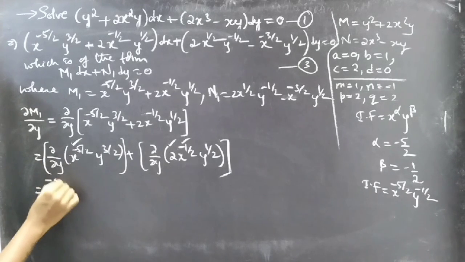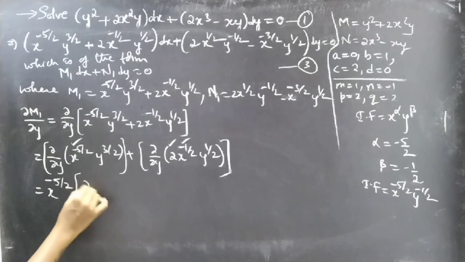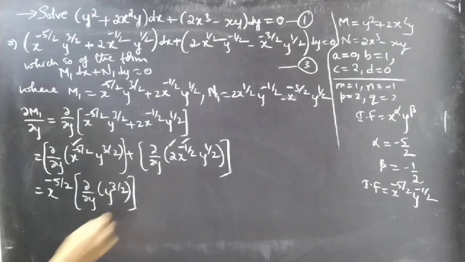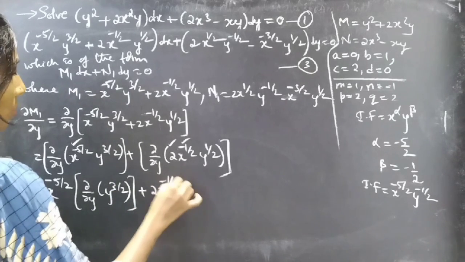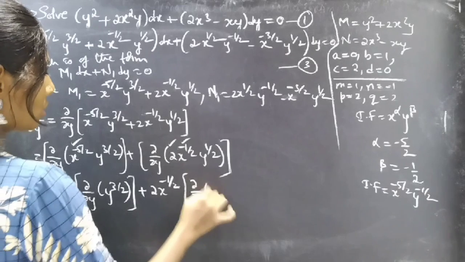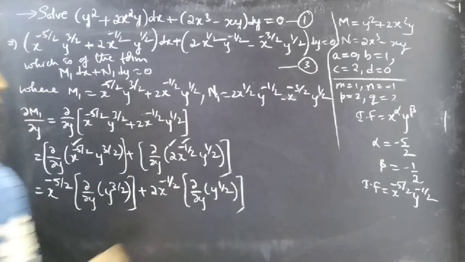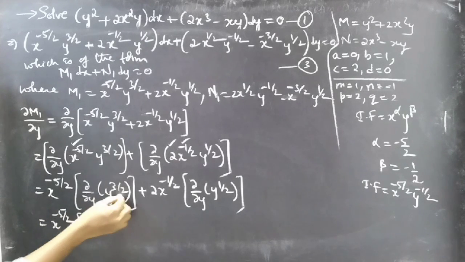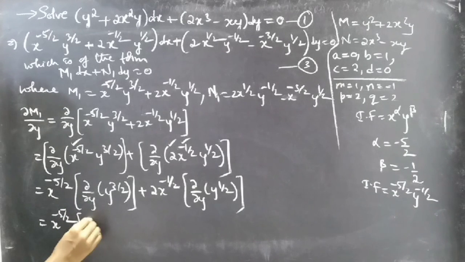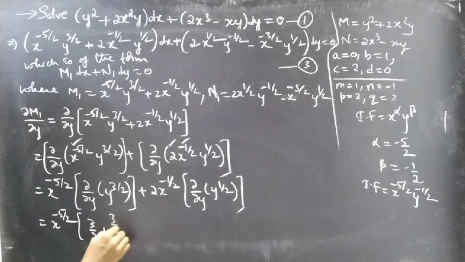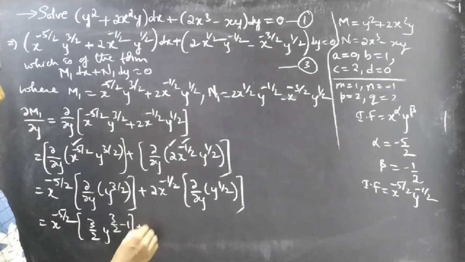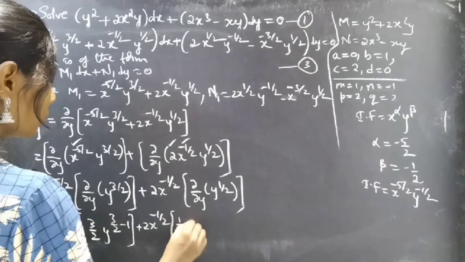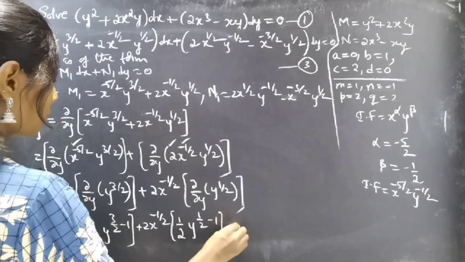You can write this as minus x power minus 5 by 2 into ∂/∂y of y power 3 by 2 plus constant 2x power minus 1 by 2 of partial derivative of y power 1 by 2, which gives us x power minus 5 by 2 into partial derivative of y power 3 by 2 with respect to y is 3 by 2 into y power 3 by 2 minus 1 plus 2x power minus 1 by 2 into partial derivative of y power 1 by 2 is 1 by 2 into y power 1 by 2 minus 1, which gives us